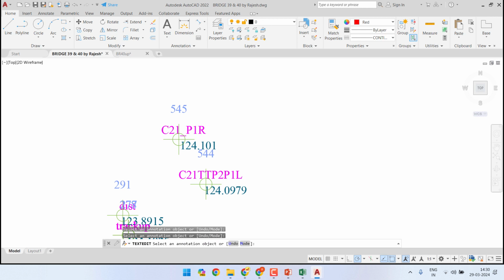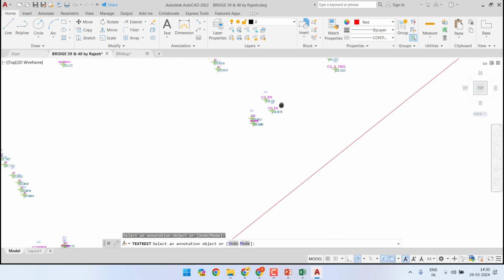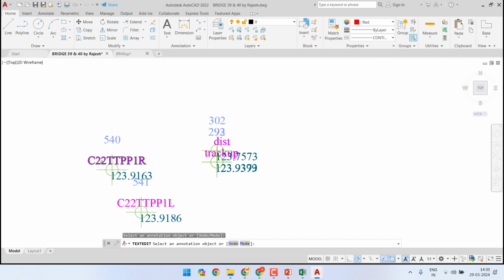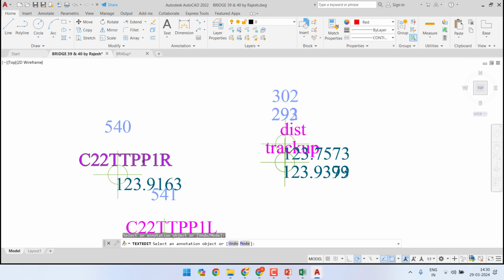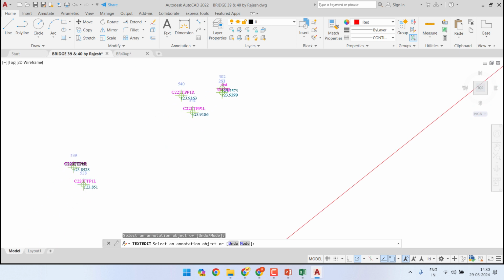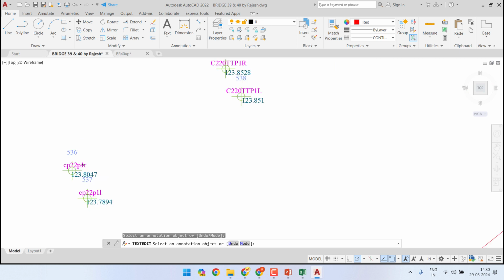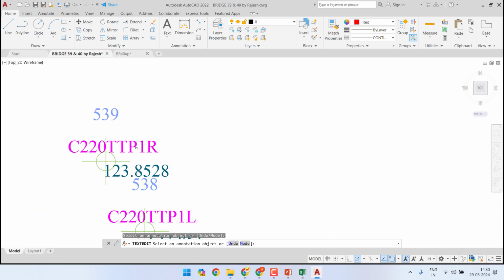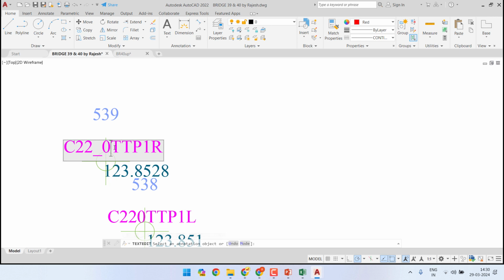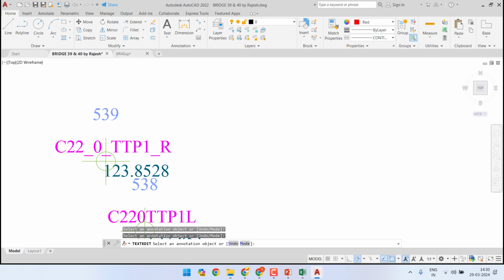and curve 21, because ahead of TTP2 the plus station comes, there is no need to write TTP2 again, plus 1. And then curve number 22 starts here, TTP2 plus 1 R, and this is curve number 22. Station 1, this is the actual TTP1 of curve number 22. See, it is written as curve number 22, station number 0 actually. Station number 0, this is TTP1, and this is the right side of the rail, and this is